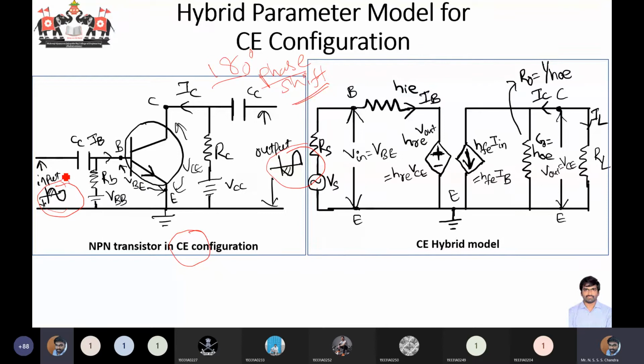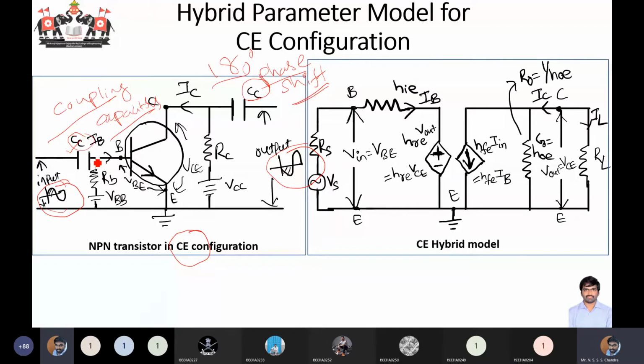These capacitors are used only to block the DC content in the AC signal that you are giving. These are called coupling capacitors, CC implies coupling capacitors. For the time being, we will not include these in our circuit representation, so we'll not worry about them. I'll explain coupling capacitors when the time arrives. For the time being, you can omit these coupling capacitors.